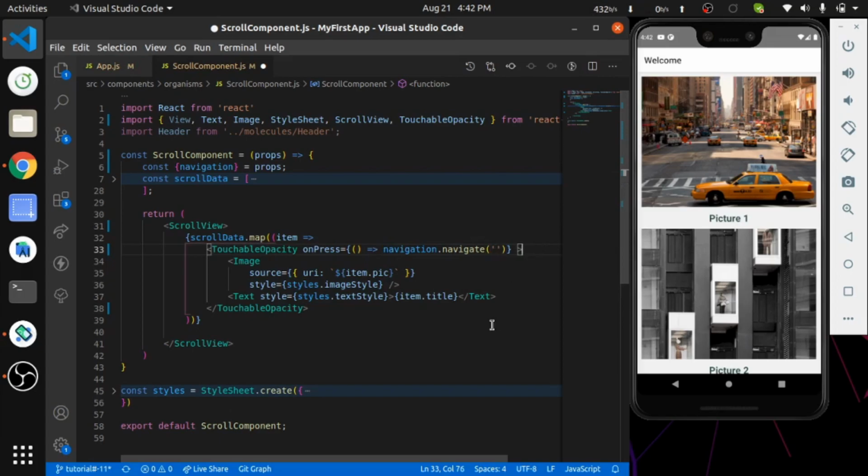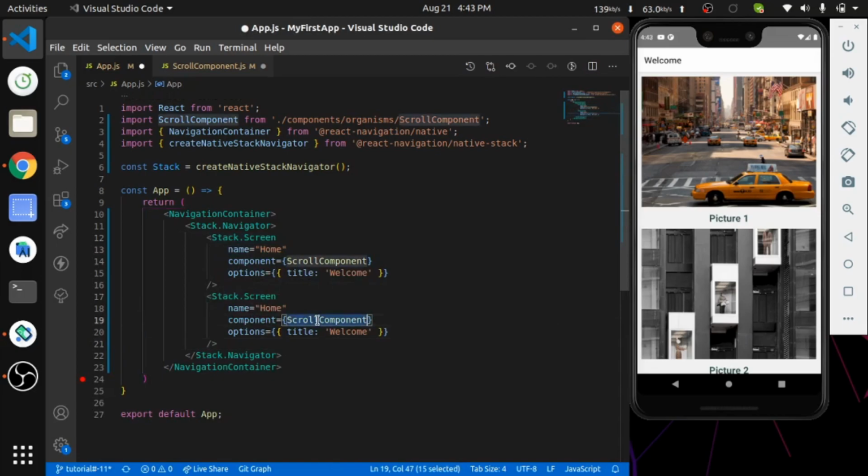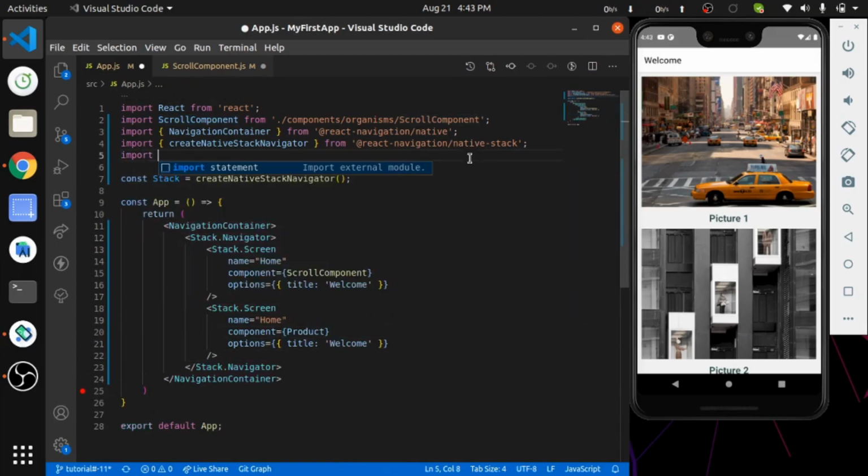I want to navigate to the product screen, so I have to add that screen in the navigation container. I am going to add one more screen, which is the product screen. Here is my product screen.